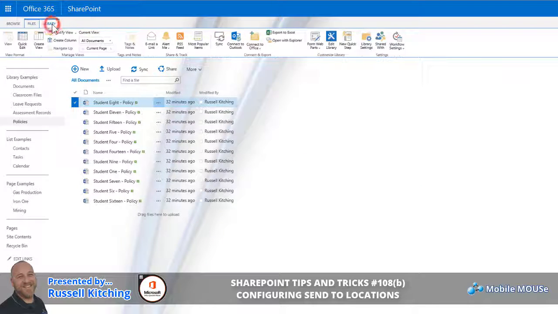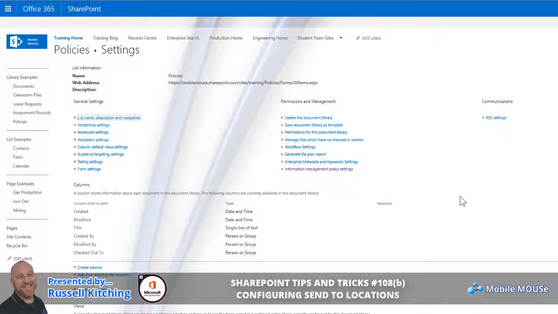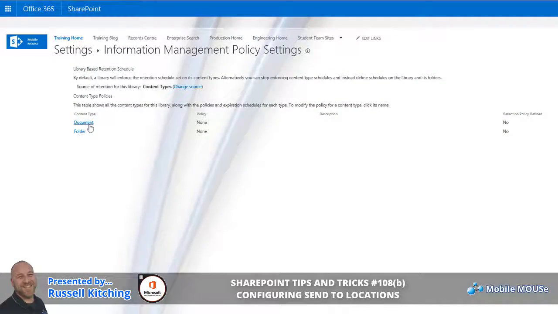If we were looking to define an information management policy by going to the library settings, now anyone who's been on our SharePoint Owners course would have learned that information management policy settings are a way that you can have SharePoint action documents based on dates. Now, in this case, information management policy settings are going to be just demonstrated against the library, but this can also, of course, be done against content types. Now, navigating to information management policy settings and then choosing document,